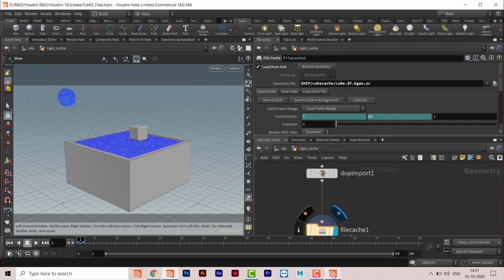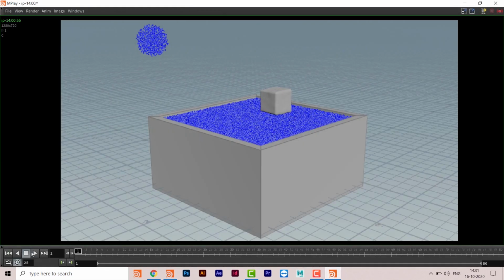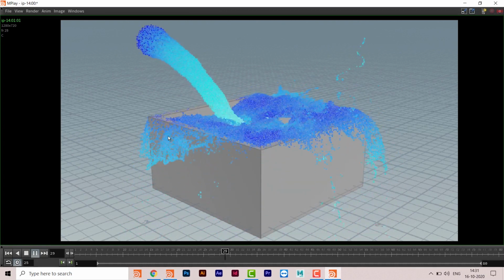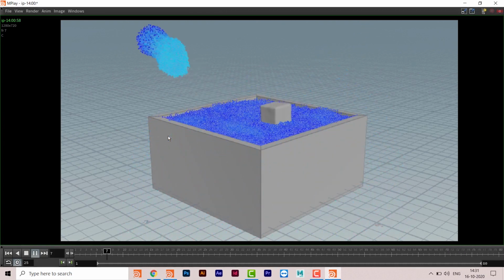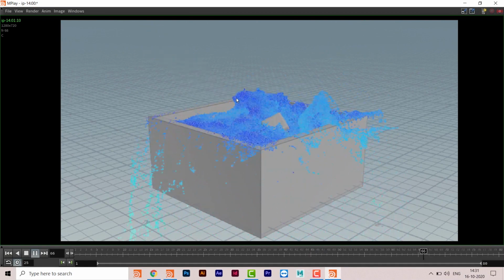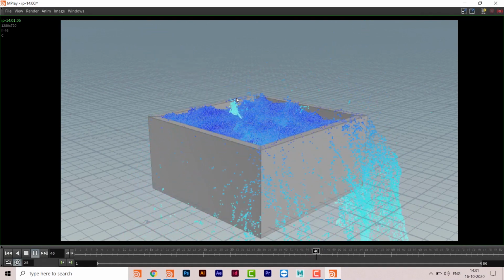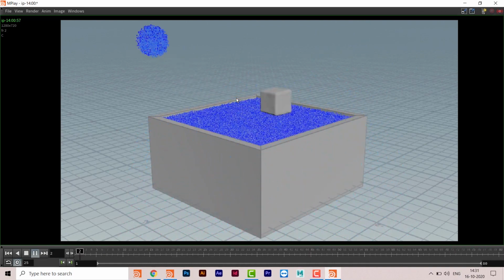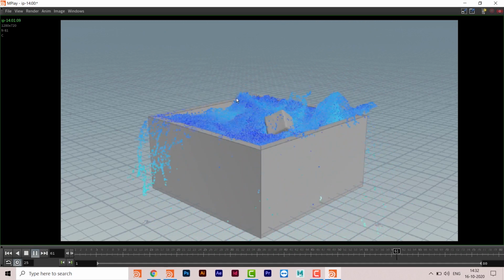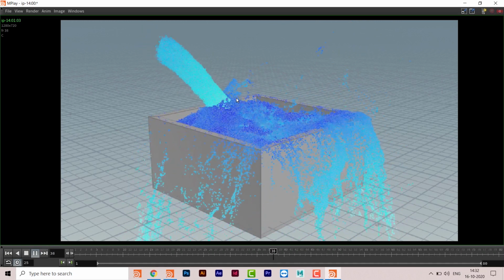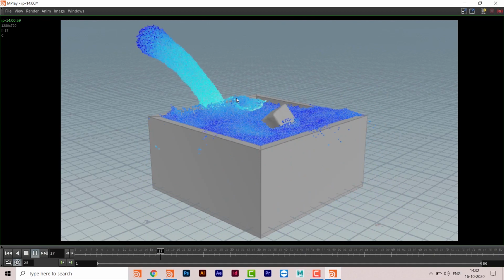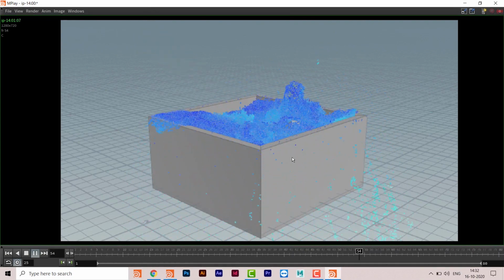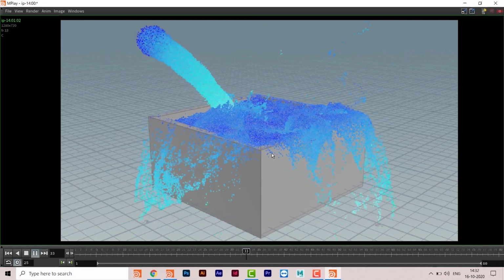So this thing is there, and with 0.02 and 0.04 we are going to get this kind of simulation. We can reduce the value, we can increase the value, these kind of things you already know. If we increase the separation value, we get fewer particles. If we decrease the particle separation value, we get more particles, and that is the whole thing. This was just for one of my students, and when it came out really well, I wanted to share it with all of you.